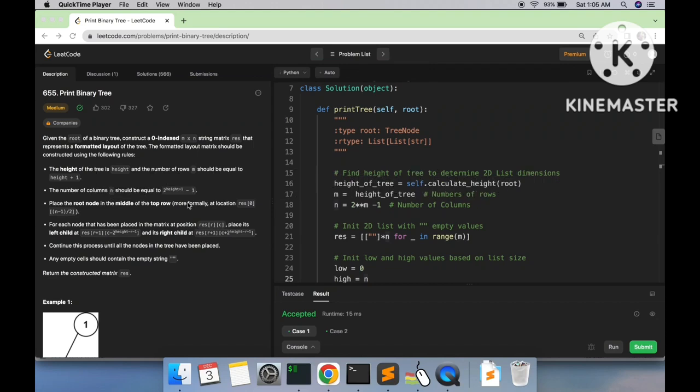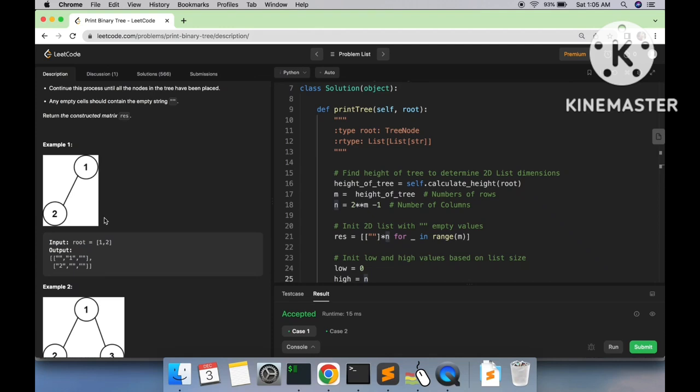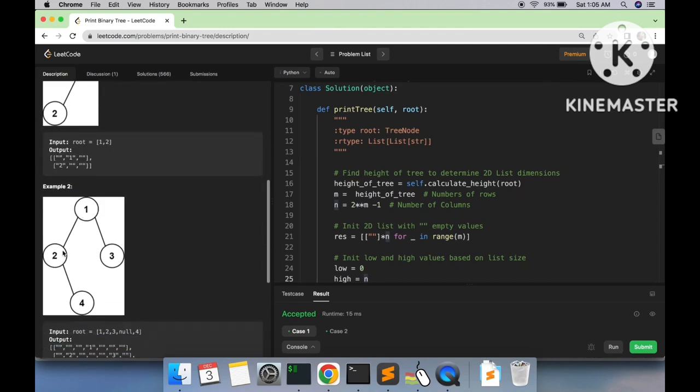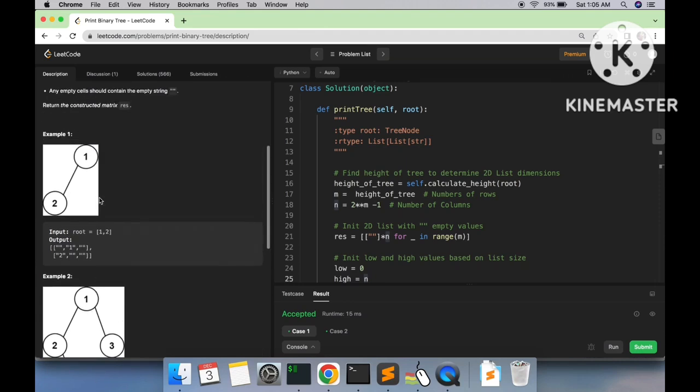Hello everyone. So today we are going to look at another LeetCode problem, which is basically problem number 655, printing a binary tree. So for a given binary tree, either this is the simplest one and then this is a bit of complex one. So from a given binary tree, I want to print it in such a way that it goes into this 2D array, or you can call it a list, where the first row is basically your